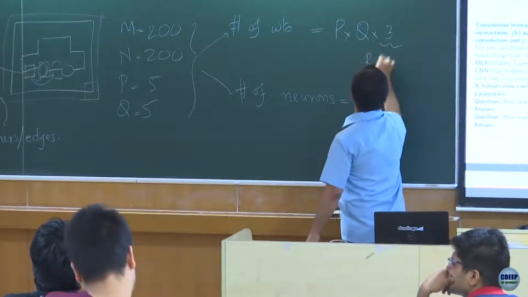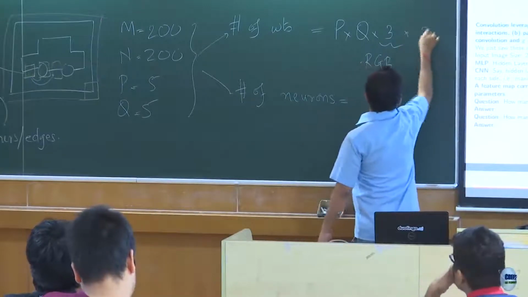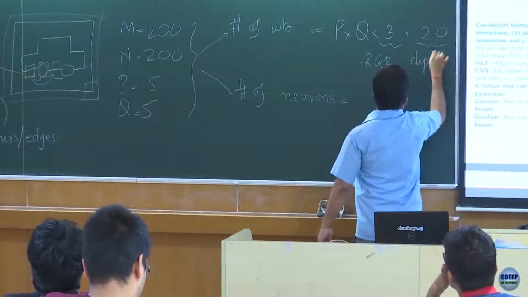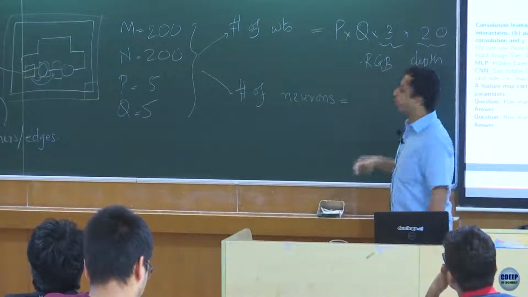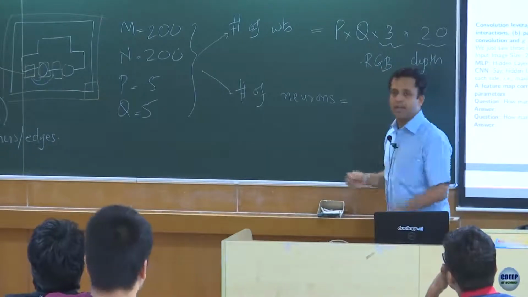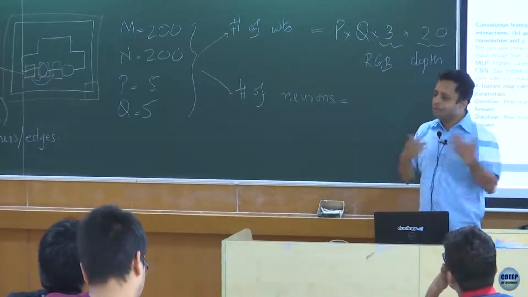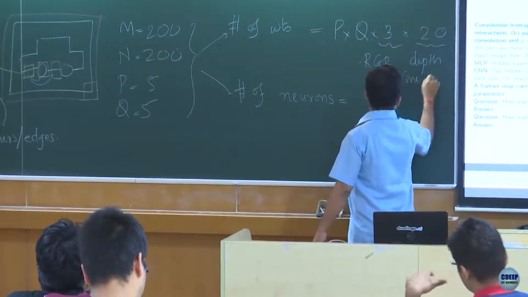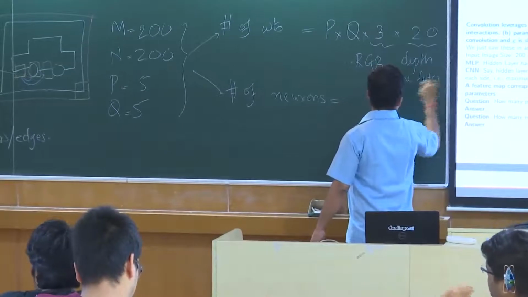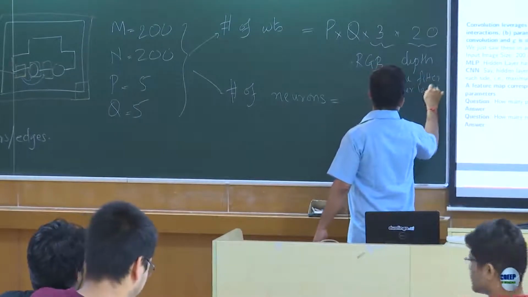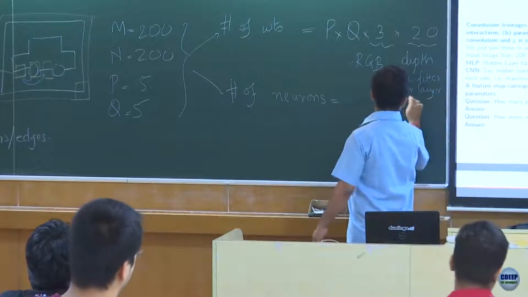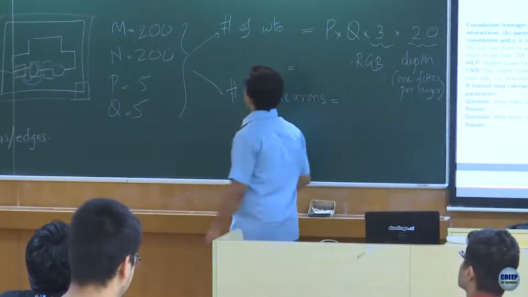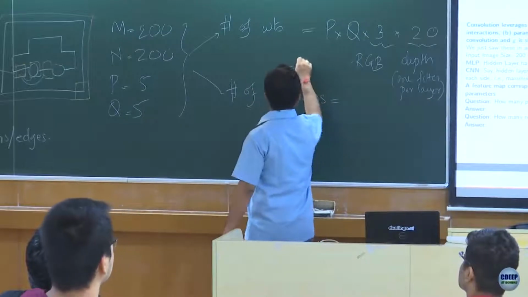This is the RGB input channels, into the 20 depth. What we are saying is for each layer in the depth, we have a different filter operation. That is 1,500,